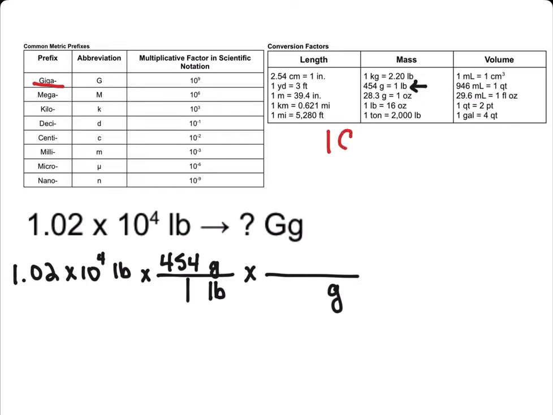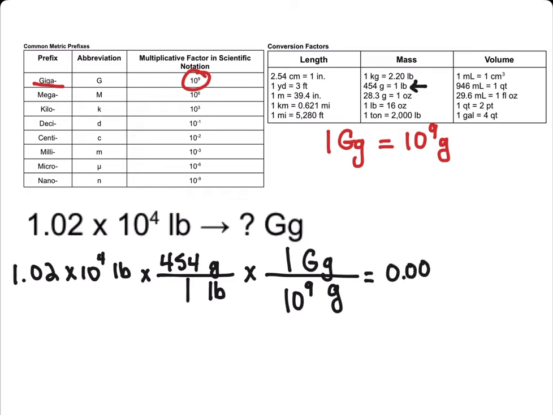So 1 gigagram is equal to 10 to the 9th gram. I have my conversion sentence. Now I can go ahead and put this into my conversion. 1 gigagram is 10 to the 9th gram. You're going to go ahead and plug this into your calculator, and you're going to get